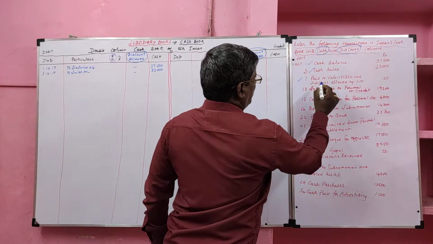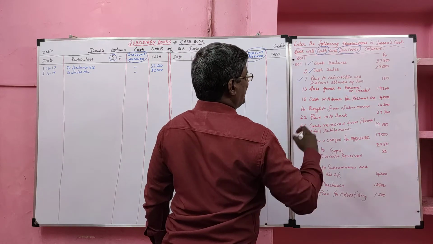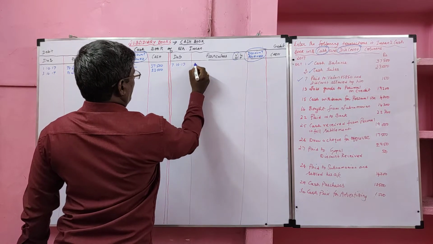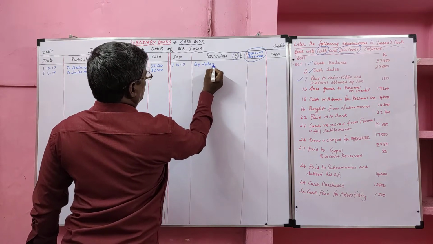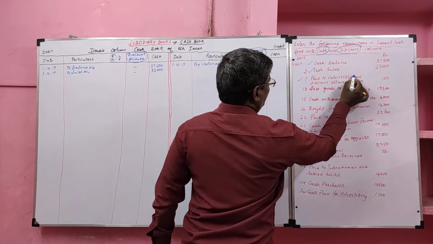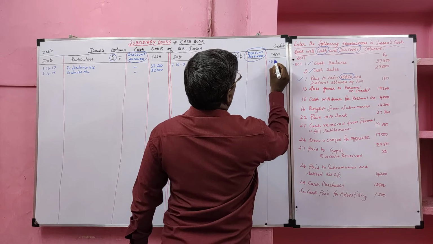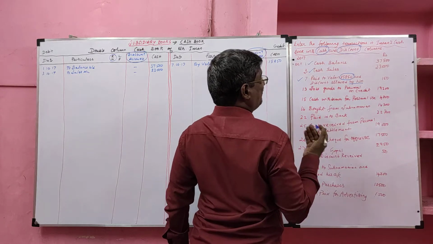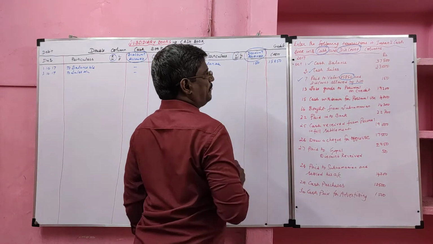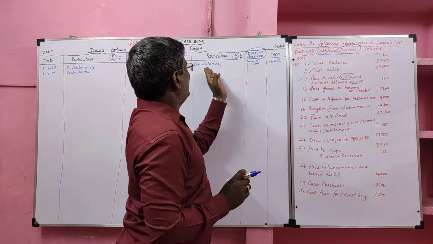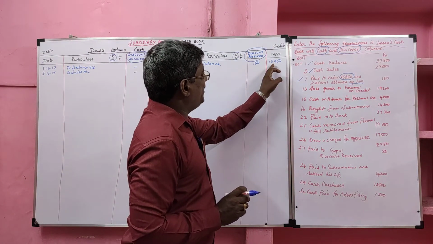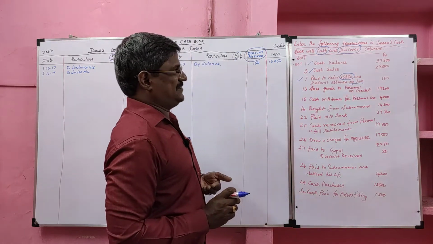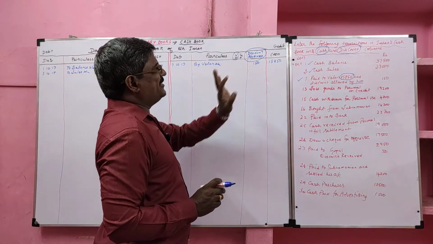Next. Paid to Valen. So we are making payment to Valen. It is a payment. It should be recorded in the credit side. By Valen account. Paid to Valen 15,850 and discount allowed by him, that we call discount received, 150. So paid to Valen is a payment recorded in the credit side. How much did we pay? We paid 15,750. Discount allowed by him to us, that is discount received. It will be recorded in the discount received column.